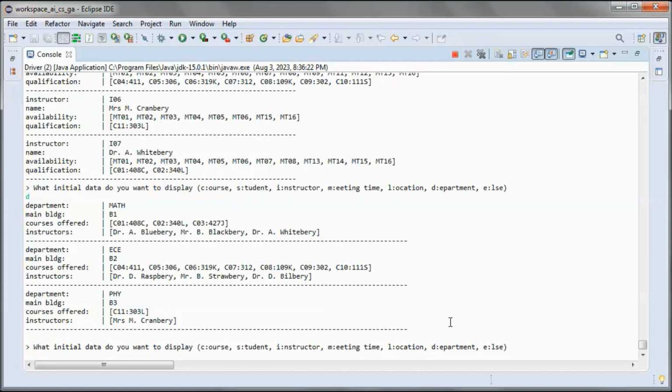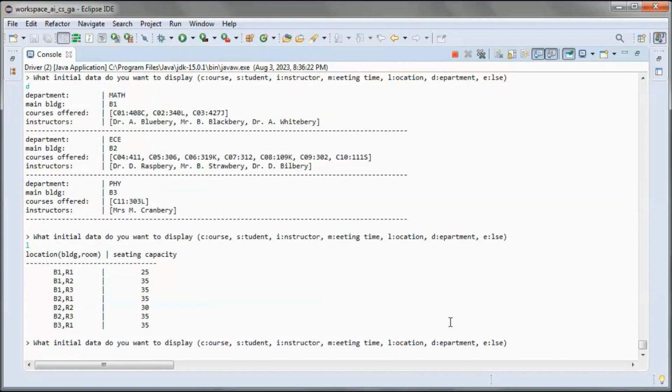And let's take a look at the location. So we have location by building and the different rooms associated with each building. So with building B1 we have 3 rooms, and with building B2 we also have 3 rooms, and building B3 we only have 1 room.